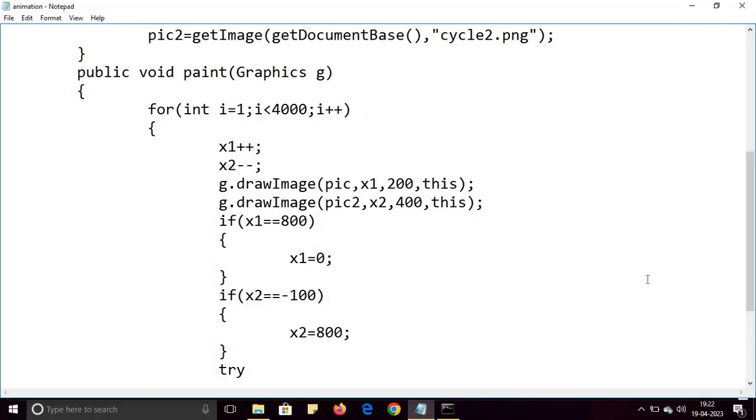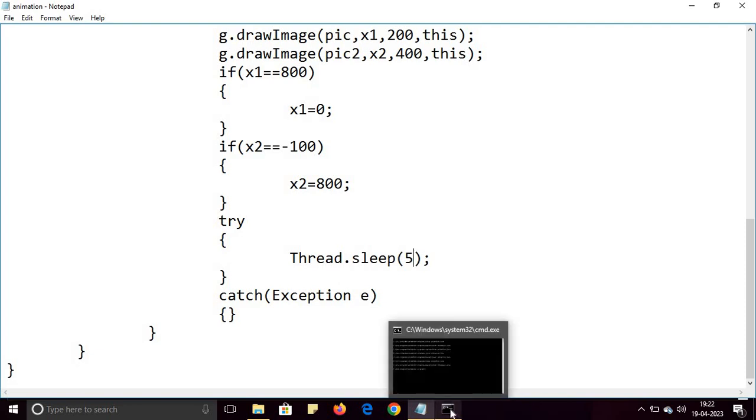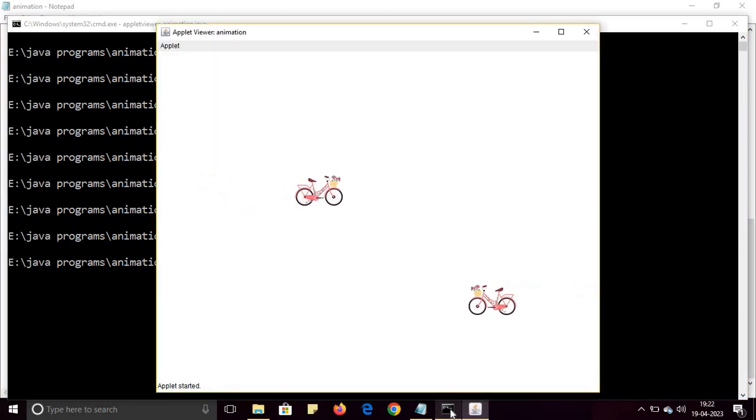For increasing the speed, I will change this value, so Thread.sleep I will set to 5. Okay, and again compile it and run it. Now the cycles are moving at a faster speed, and the animation is working perfectly. And you can create more objects, and you can change the values of x1, x2, any value. I have not changed the value of y because I am moving the cycle in